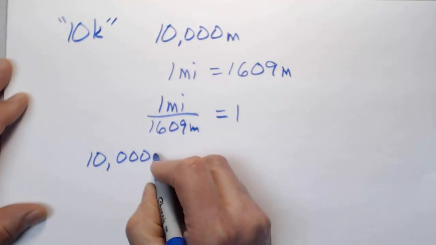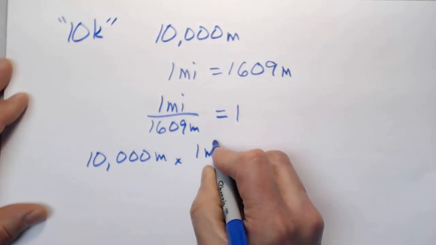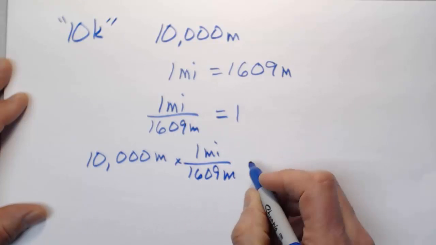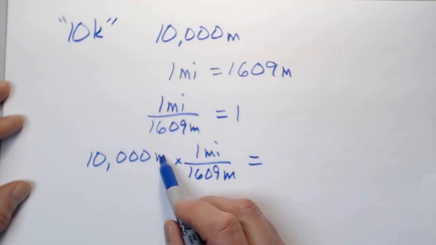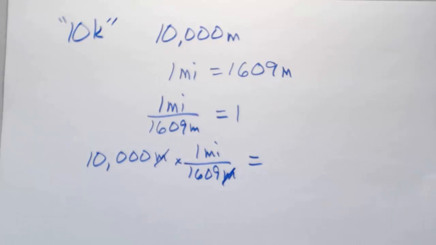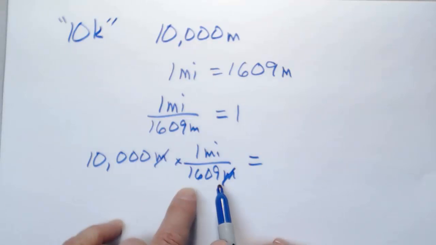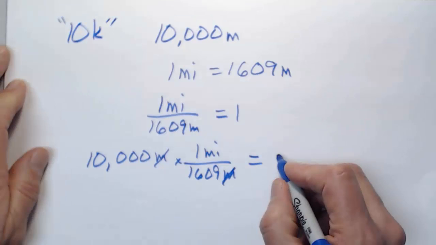10,000 meters times 1 mile over 1,609 meters is going to equal. The meters, I have one on top of a fraction here and one on the bottom of a fraction. Those will divide out. So those are gone. On my calculator, the actual number part I'd have to do is 10,000 divided by 1,609. The units that are left are just miles. And if I do that, I would get